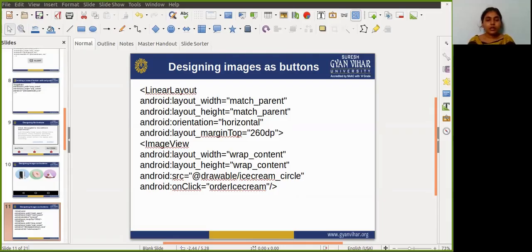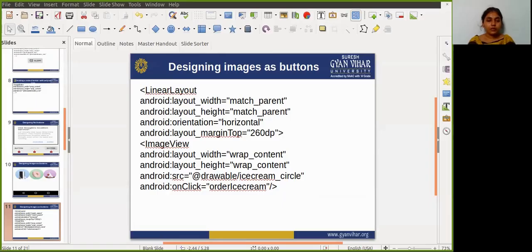So guys, you can see here layout width is written as match parent, and height is also match parent, and next orientation is horizontal, and layout margin top equal to 260 dp.